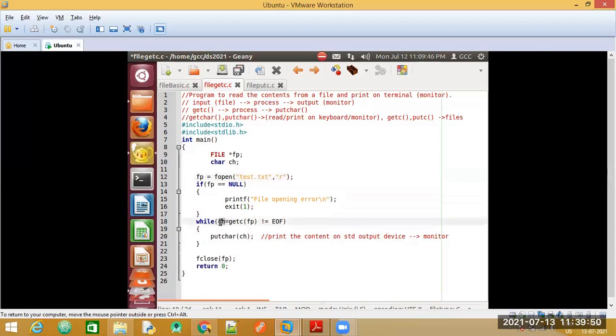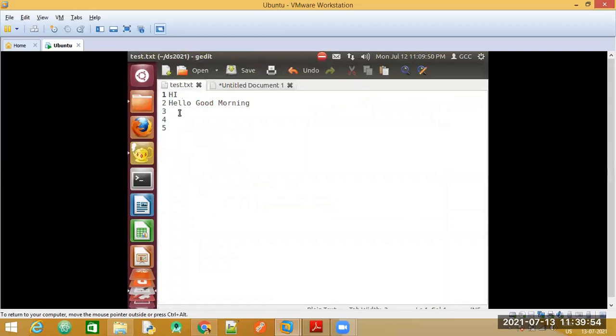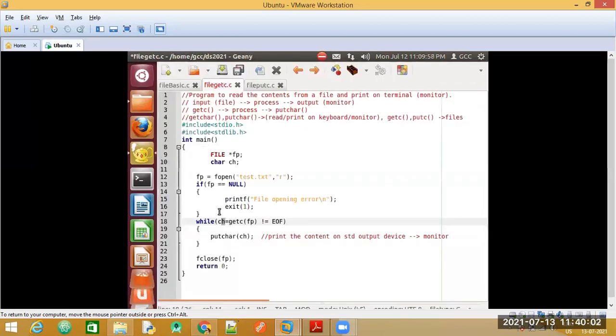and put it in the variable ch. The first time, it checks that this particular file is opened, so the first character we have is h. So h is stored in this variable ch, and it checks, is h not equal to end of file?